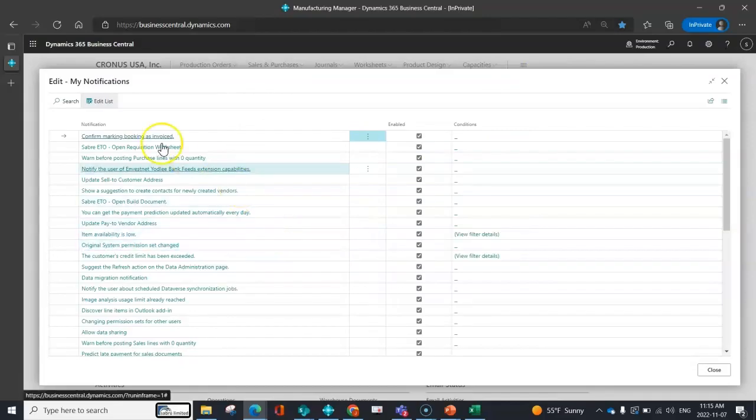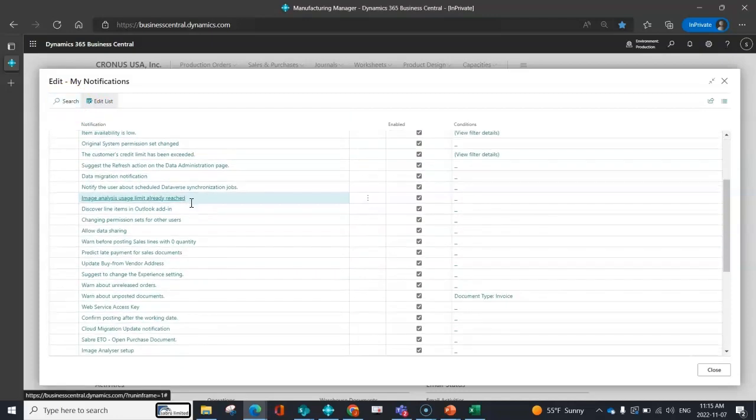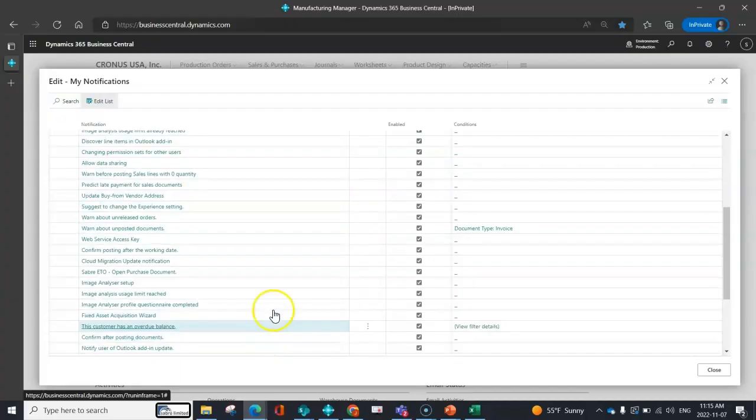So what I could do is I could then use my search. So I could look for sales or order or something like that. I can also just scroll down and see what I can find. So here I can indicate warn about unposted documents. I could turn that off if I want. You'll see that I could also set up conditions. So if I have that turned on, it was saying that it's only going to warn about unposted on the